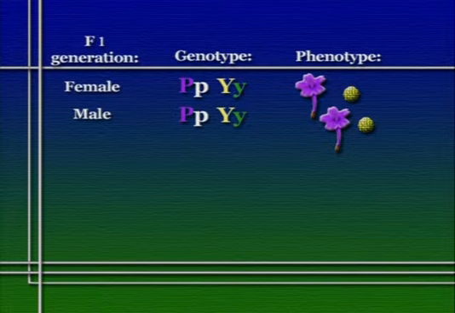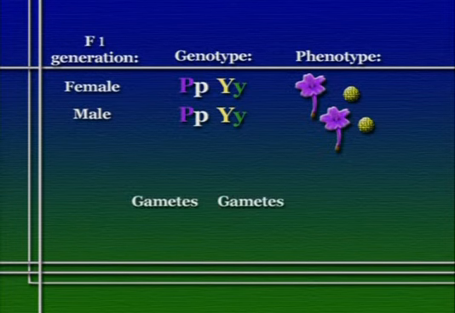For example, we know that each F1 individual has one big P allele that it inherited from one parent and one big Y allele that it inherited from the same parent, the mother in our example, and each has a little p allele and a little y allele that it inherited from its other parent, the father in this example. When these F1 individuals make gametes, do the two maternally derived alleles, big P, big Y, always go together in a gamete,